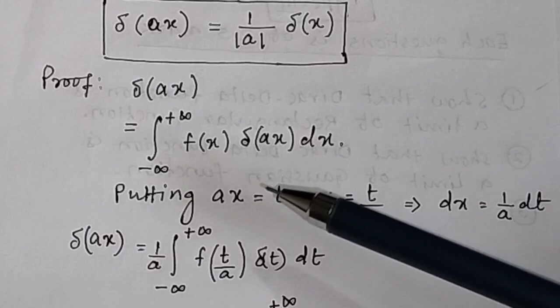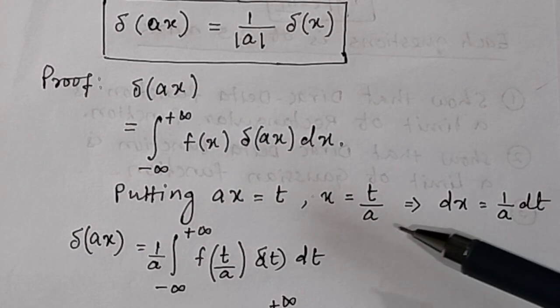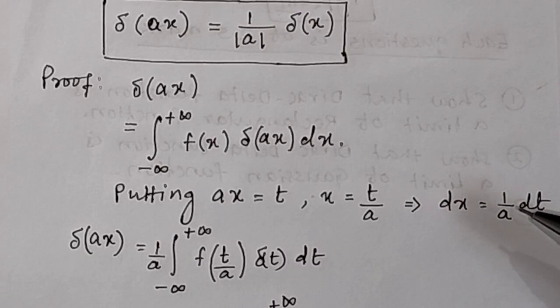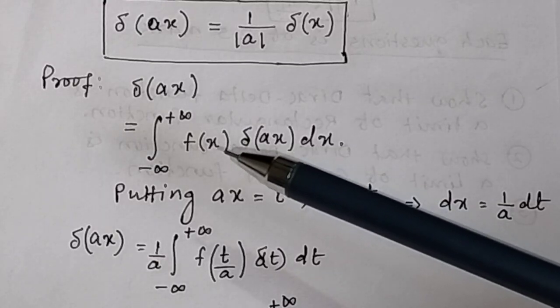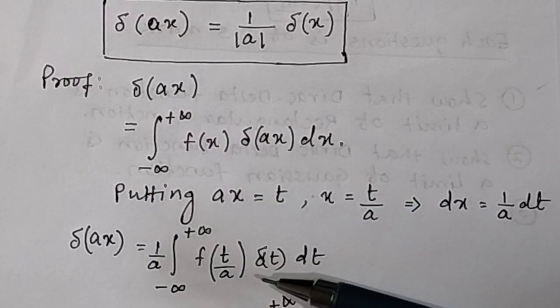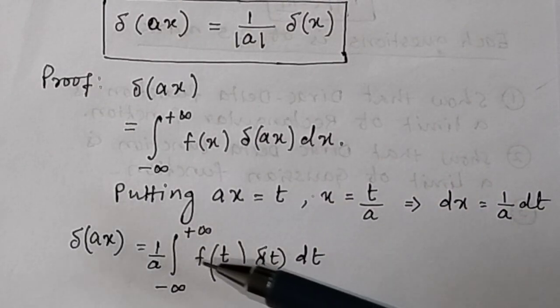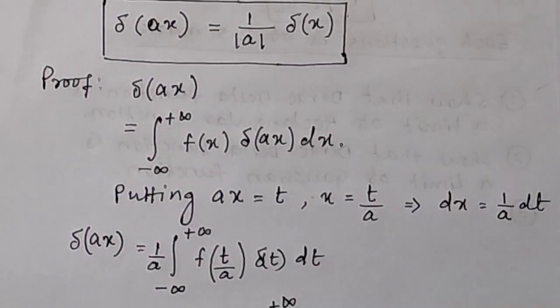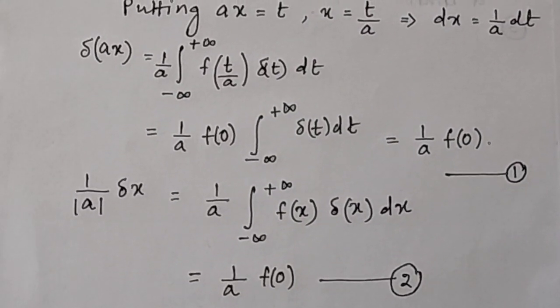And if you put ax equal to t here, or x equal to t by a, or dx equal to 1 by a dt, then f(x) will be equal to f of t by a, then delta(t), and dx will be equal to dt divided by a. So you take 1 by a outside, then that will be equal to